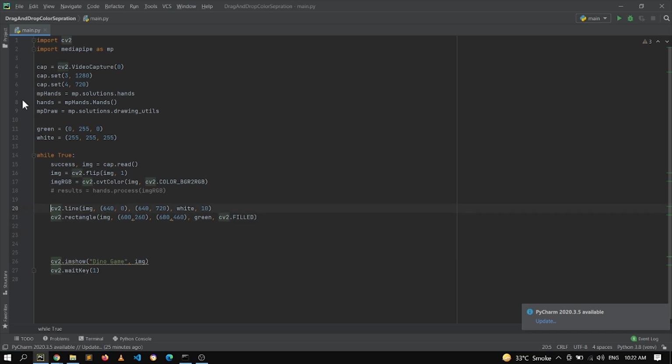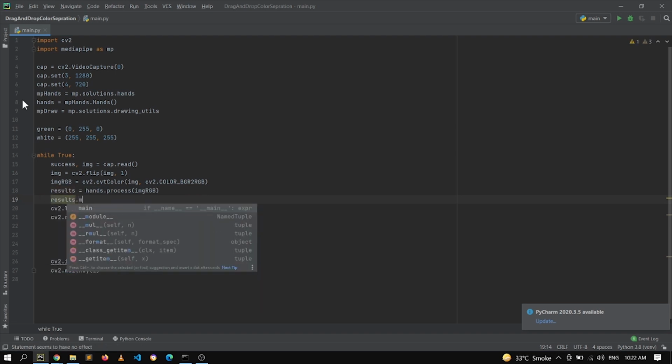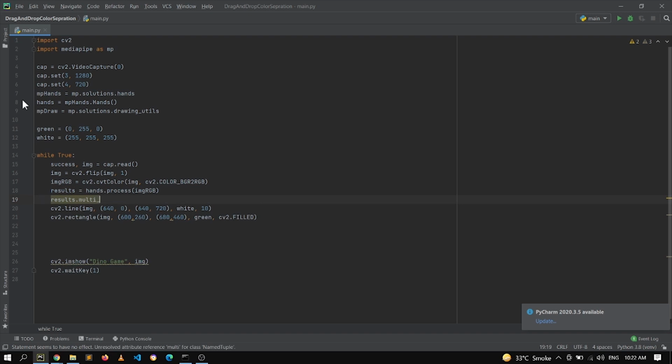So we have to go for this one and the results, and we will go for results dot multi underscore hand underscore landmarks. Now what this statement is doing is basically taking this image, and it is checking for all the hands available inside that image, and when we are referring to this variable, it is basically providing us with all the landmarks available on the hands. So let's just save it in multi landmarks